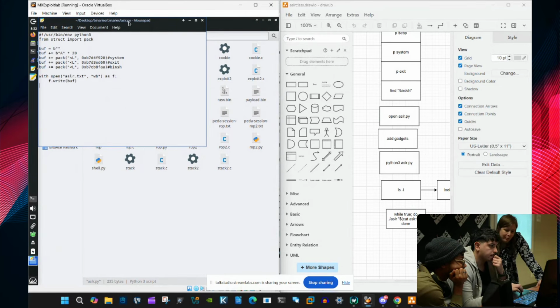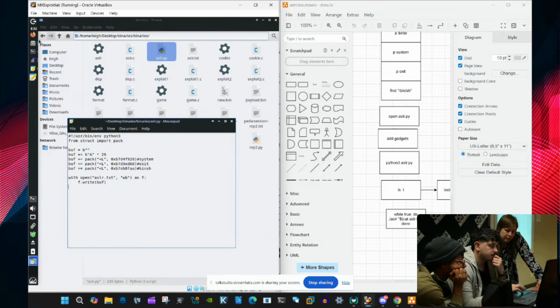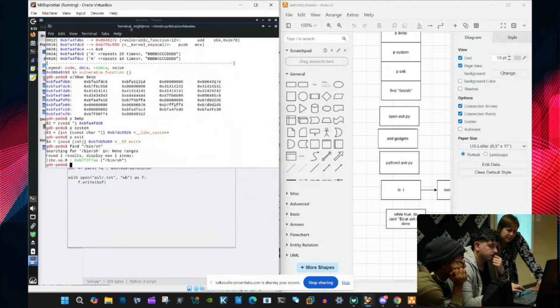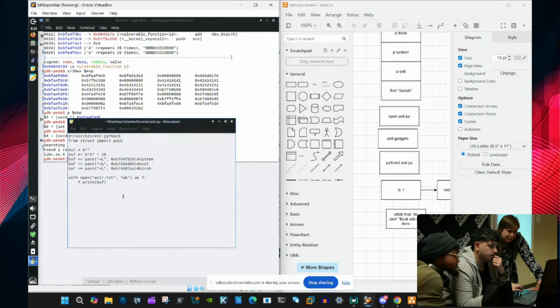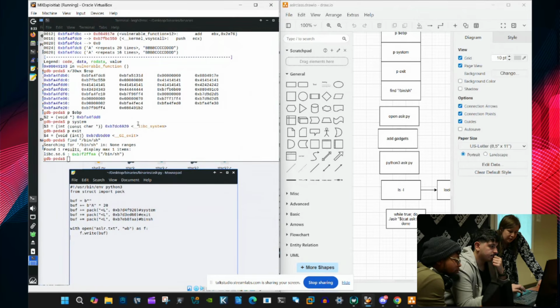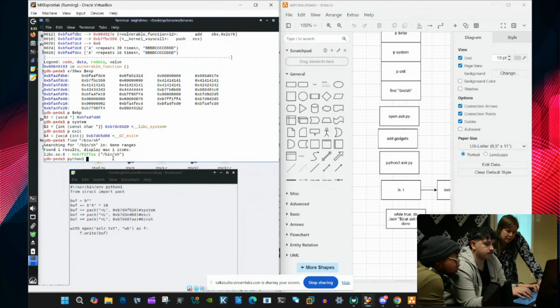And so we can confirm looking at the terminal that they're the same. Perfect. And then when it says add gadgets, it's adding these right here. And so we then add in Python to